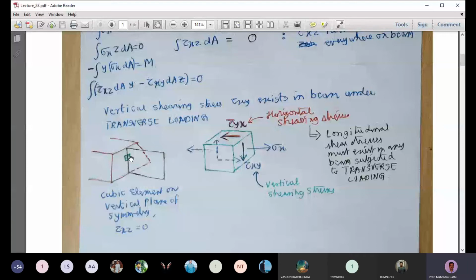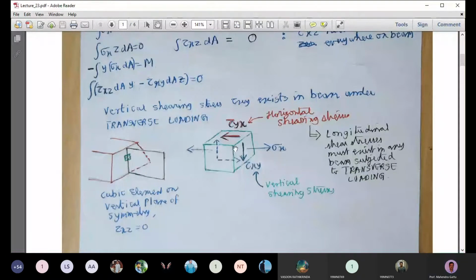Why it is 0, I currently don't know, but I think because to the left of the plus g axis and minus g axis, probably there can be some shear stress tau xg, but at that point it is 0. Maybe it's going from minus to plus, so at that point it will be 0. Okay, so tau xg in this case is 0.